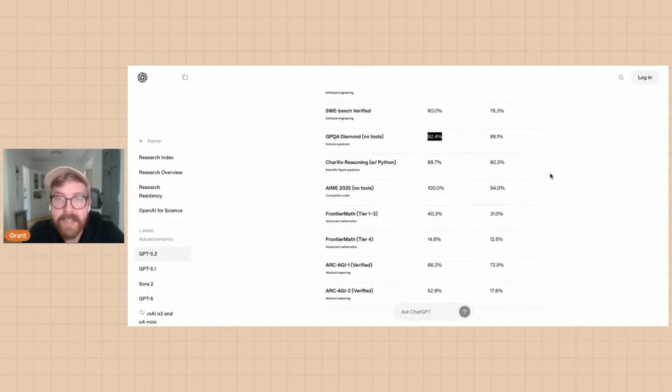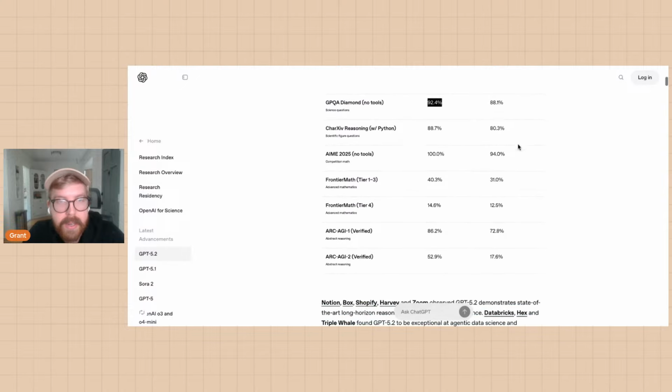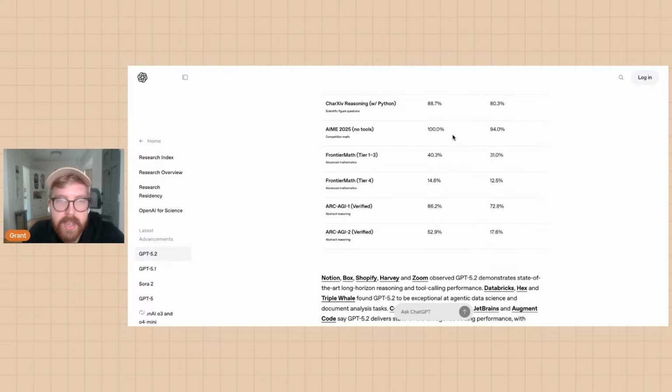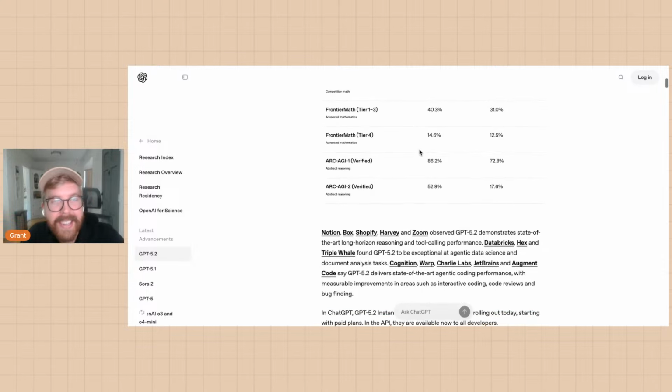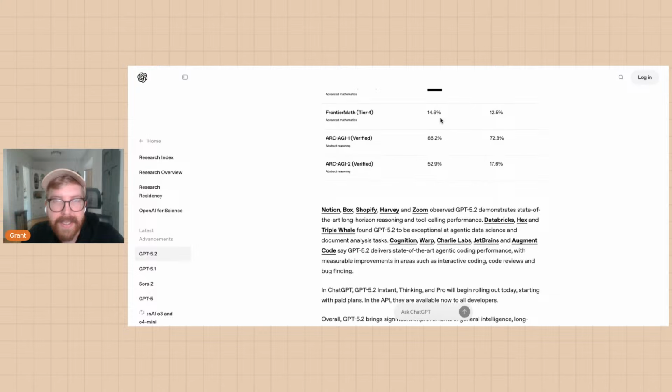We'll put that to the test with this quantum physics prompt. Scientific figure questions, okay. Competition math is solved. Sorry, high school level math is solved. Frontier math is still at 40.3%, and 14.6% is really advanced mathematics.